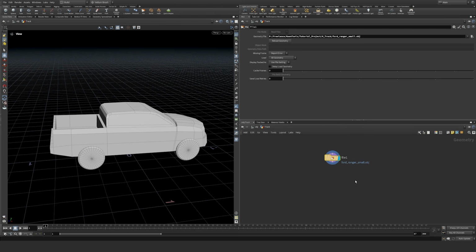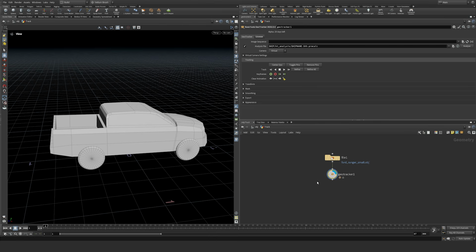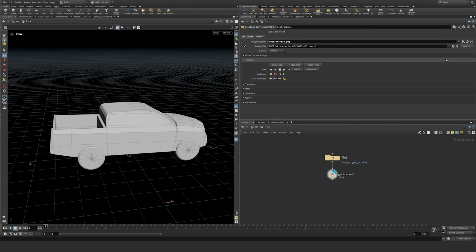And let's put down our GeoTracker. So I'll type in Keen just to get to it faster. And if I hold Shift Enter, as long as my file node was selected, it'll automatically wire everything up for me. So just like in the previous sessions, we need our image sequence. So let's select our image sequence, go to our source, find our sequence here, and we'll see that it's 1 to 87 in range. So we'll click accept, give that a second to load, and then we'll click over here